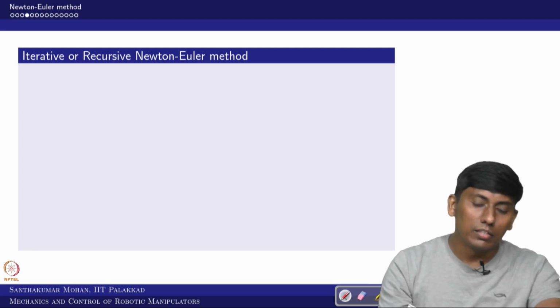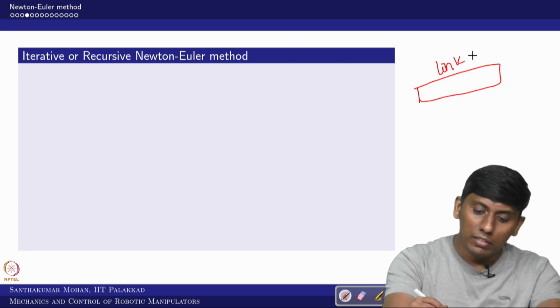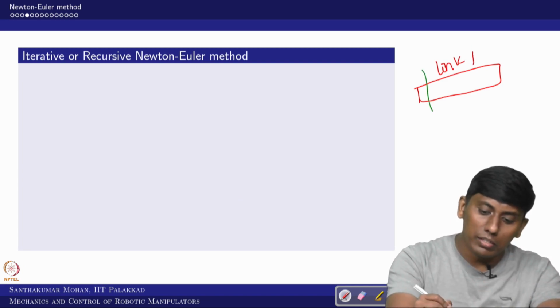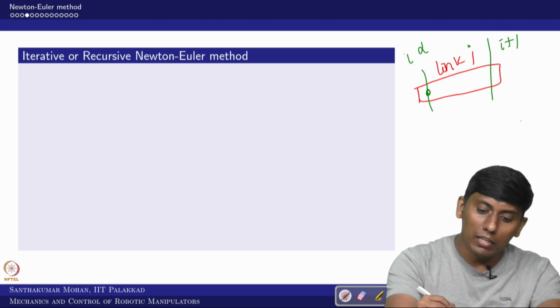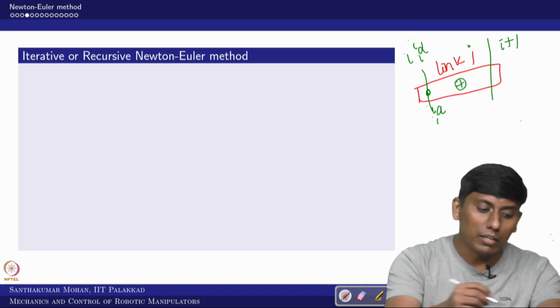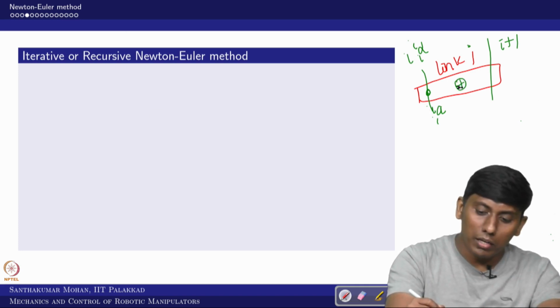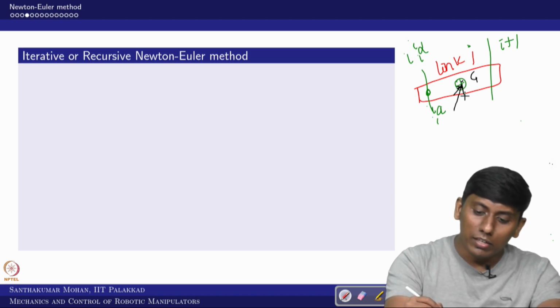So, in that sense, what one can do, for example, is take link i. Link i would have, you can say, the ith axis and the i+1 axis. So, I can calculate the angular acceleration and linear acceleration, okay. But the mass would be concentrated somewhere, right. So, I assume that the mass is concentrated at the CG. So, here only the inertia force would act, right. If you see, the acceleration is happening here like this, okay.